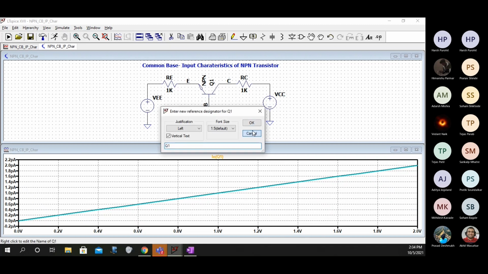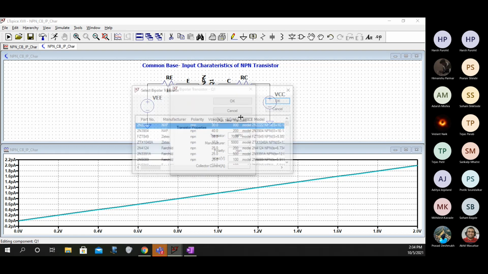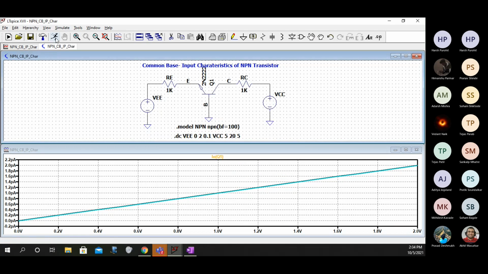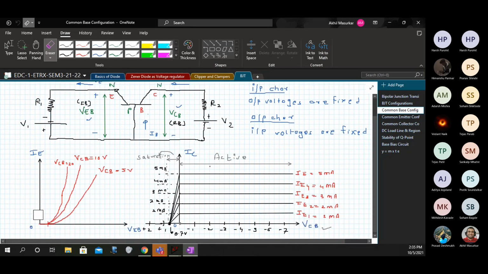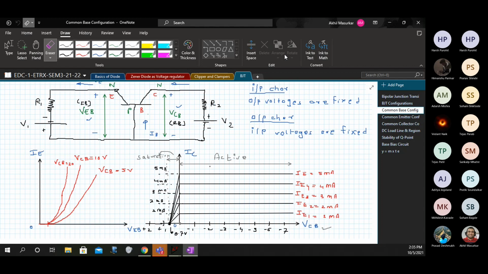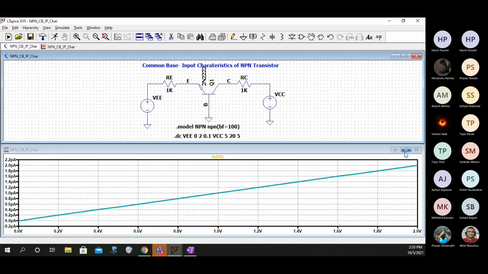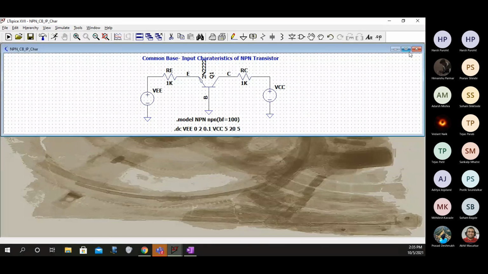Let me just try this for a standard transistor. It's coming out to be the same. Actually, what we are expecting is this characteristics. Anyways, we'll figure that out.